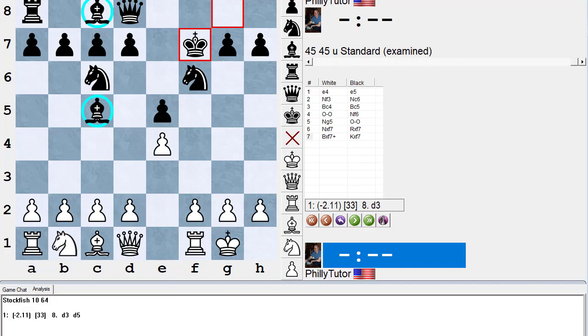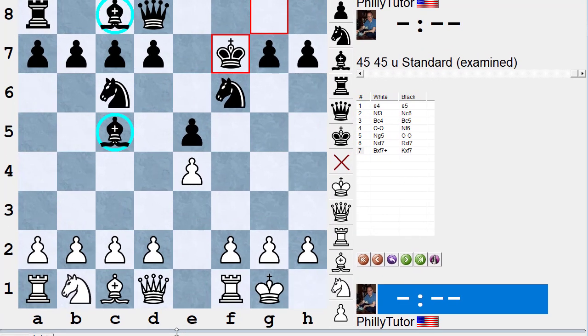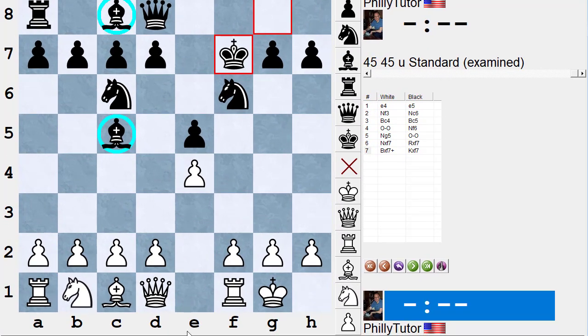Let me turn Stockfish off. And that is, when you trade off pieces that have moved, and they move multiple times, the tempos that they use to make those moves disappear. So here, the reason black has 3 pieces out and white has basically 1 piece developed, which is his king, is that white has moved his king knight 3 times, and he moved his king bishop 2 times. Black, on the other hand, moved his king twice by castling and capturing on f7,